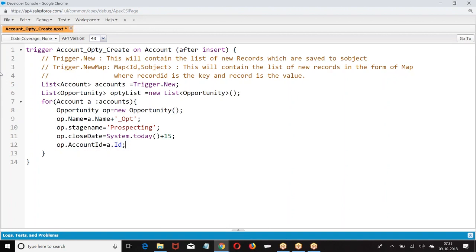So opportunity name, stage name, close date. Then optyList.add, and then insert.